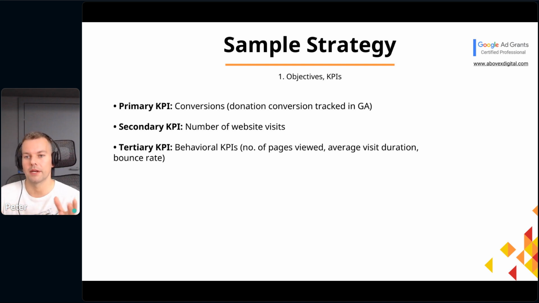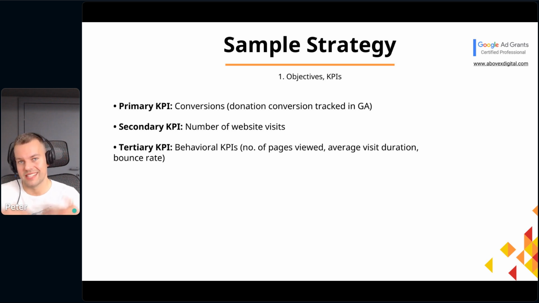And the first one, the primary goal, was obviously to generate as many conversions as possible. And those are mostly donation conversions, but they also had other conversion types like contact initiations, newsletter subscription, etc., etc. Obviously, the main goal was to generate donations in the highest possible amount, but they also checked other conversion types.